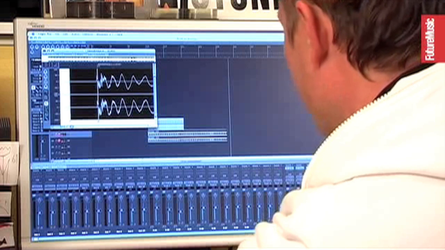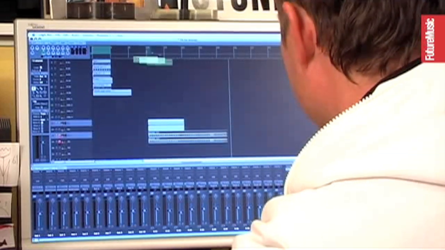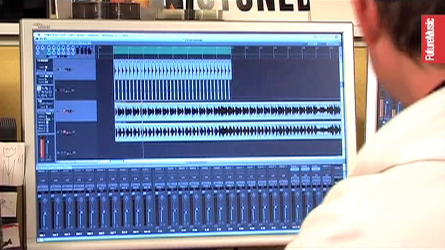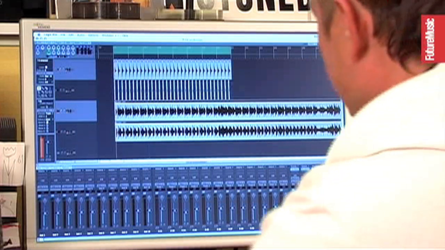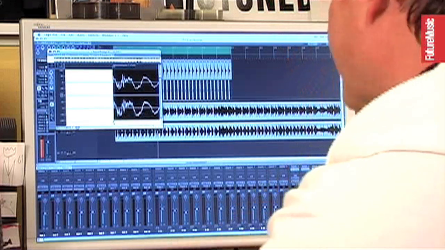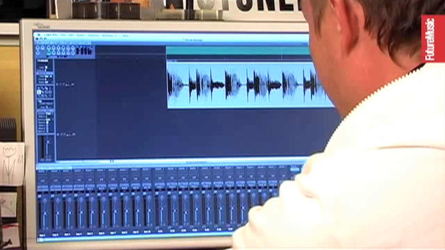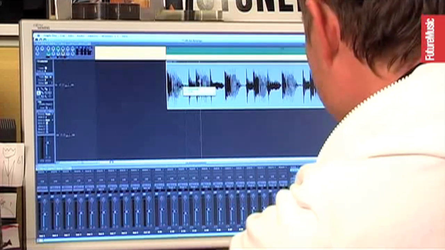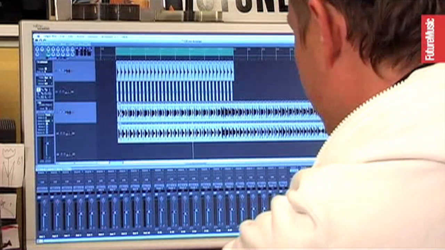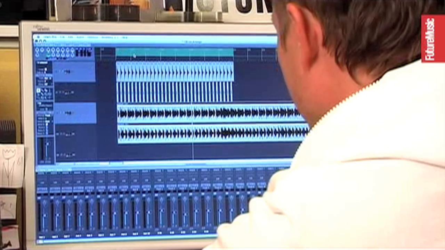Pay attention to that stuff. It always fascinates me that even though I had it in time up there, it always seems to get out of time. But because I don't trust MIDI or anyone, I always cut it up into really small chunks, and I'll choose, actually I shouldn't have done that. That's fine.